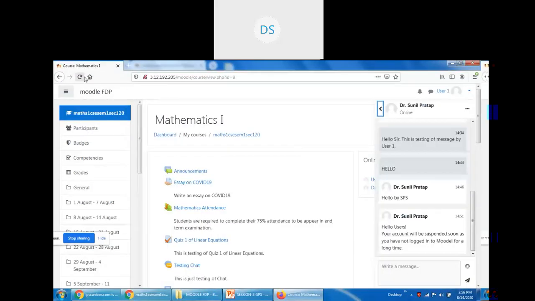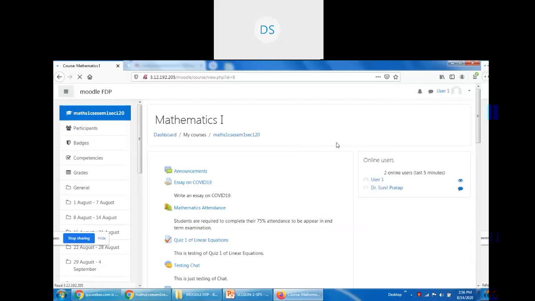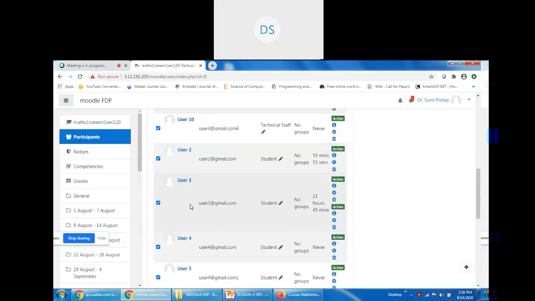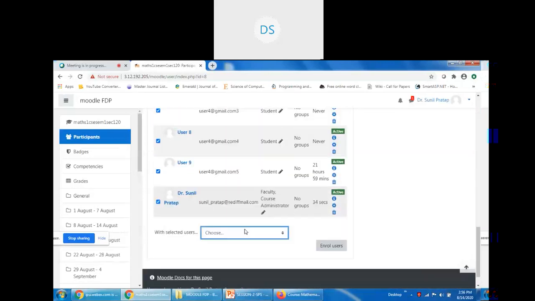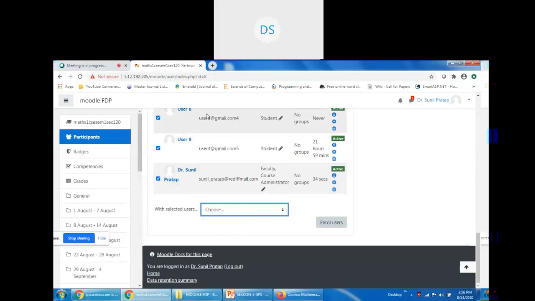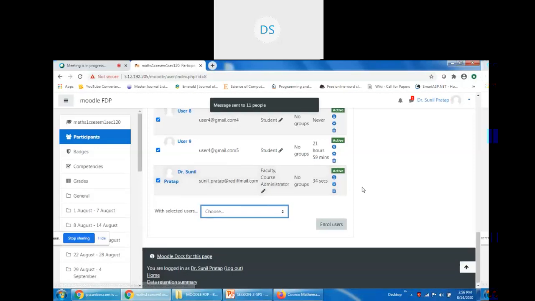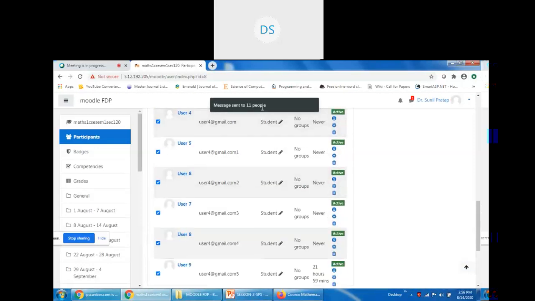Now see in the students window what happened. Just a minute. The message says sent to 11 people.